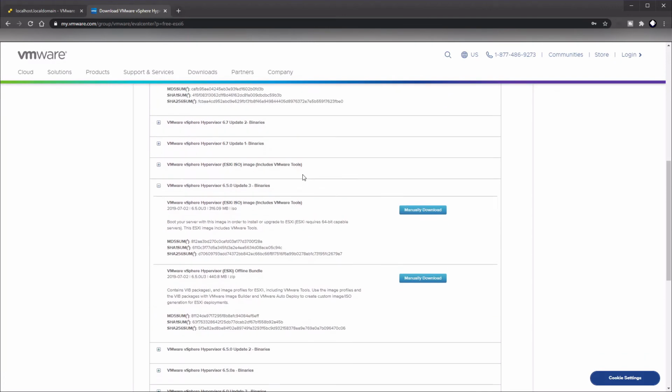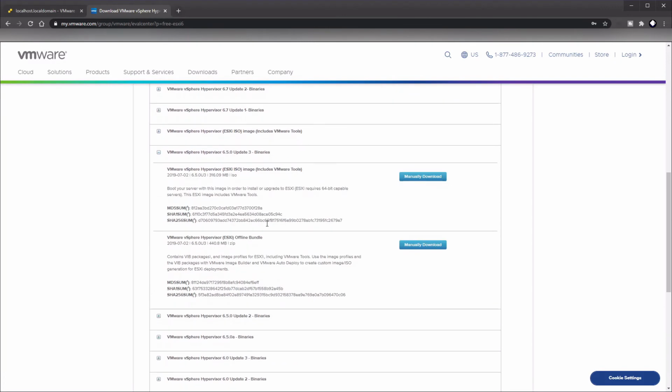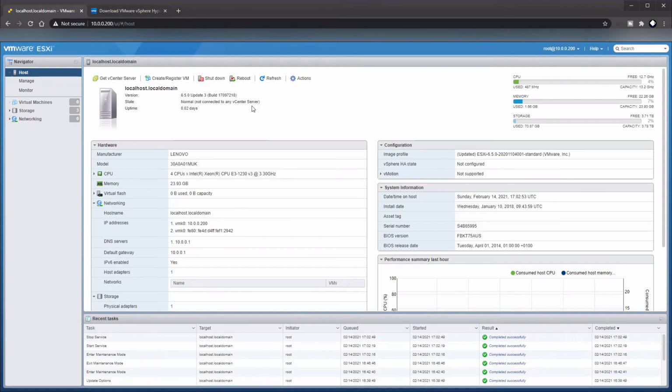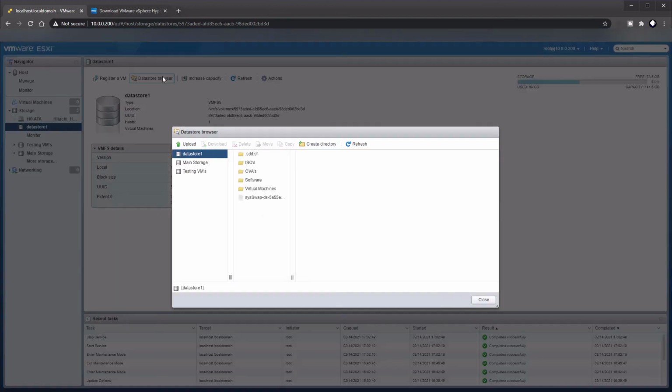And what you want to do is you want to look for the offline bundle, download that, and once you've downloaded that offline bundle, you can then flick back to your ESXi machine, go to your data store browser, upload it onto your box somewhere. Maybe I'd probably stick it in there, update or something like that,